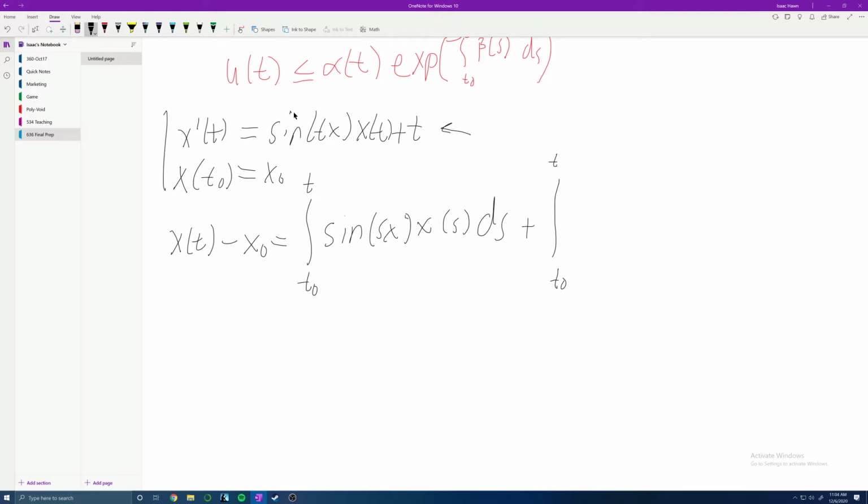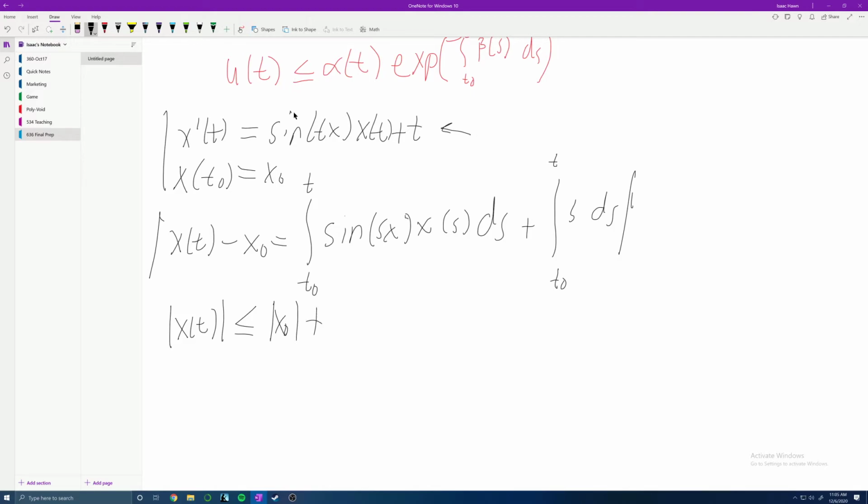The integral from t naught to t of just s ds right there. All right, good. So what we can do here is we add x naught to both sides and apply the triangle inequality to get an inequality. So let's take the absolute value of this whole thing like that. And if we add x naught to both sides, we see that the absolute value of x of t, if I take the individual absolute values here, by the triangle inequality, is less than or equal to the absolute value of x naught